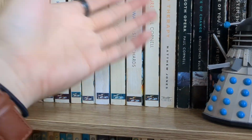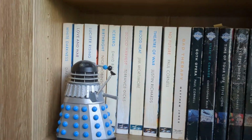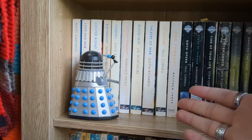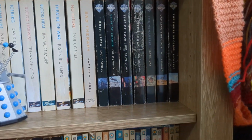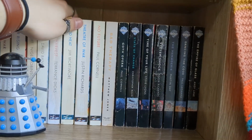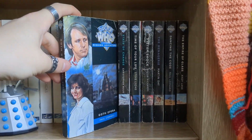I wish I had more Virgin New Adventures than that, but unfortunately that's all I own at the moment. Obviously, I would love to have Lungbarrow, Dying Days, but can't win them all. Hopefully one day I'll own at least Lungbarrow, but a man can dream. Until then, we will just go through and look at the Virgin Past Doctor adventures, starting with Goth Opera,